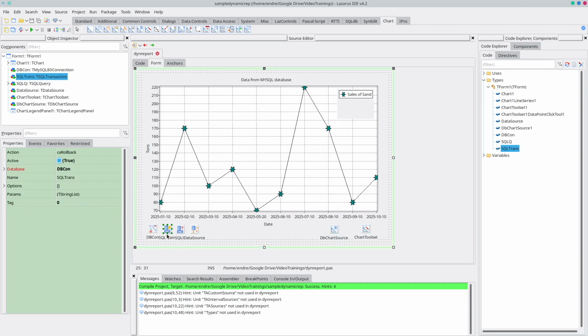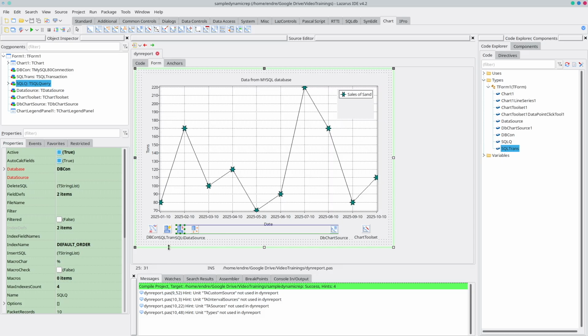The next one is the transaction object. This one is again set up with the database, and it's also activated. You can do that once you set up the login information in the database connection. And then the next one is the